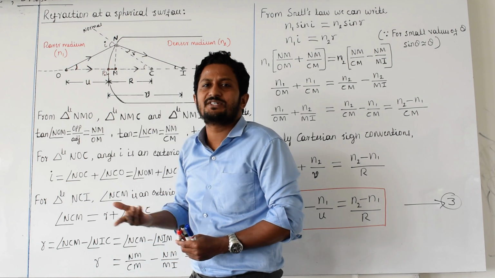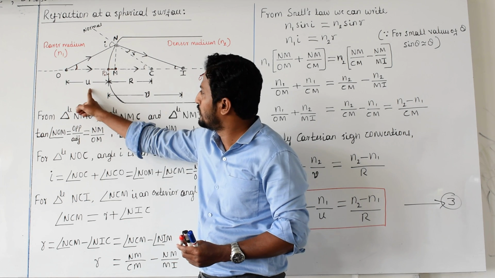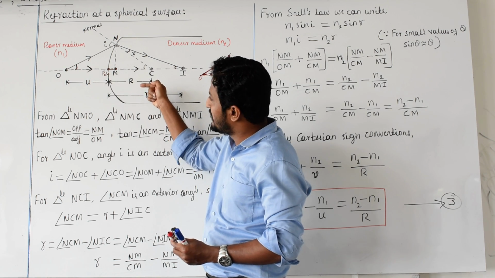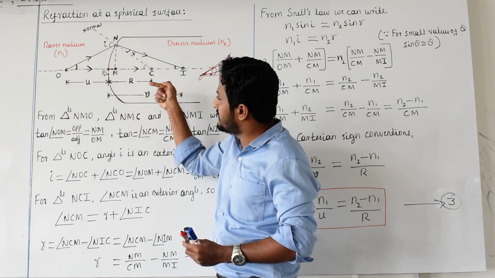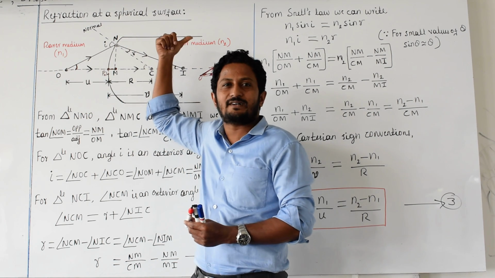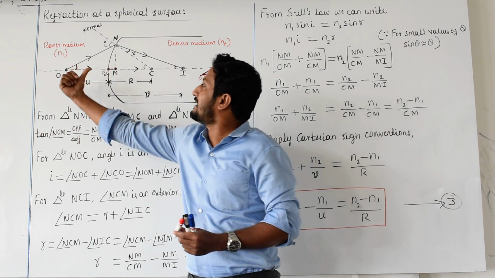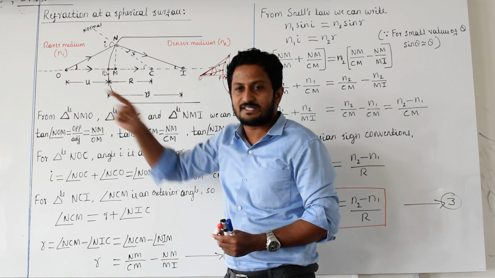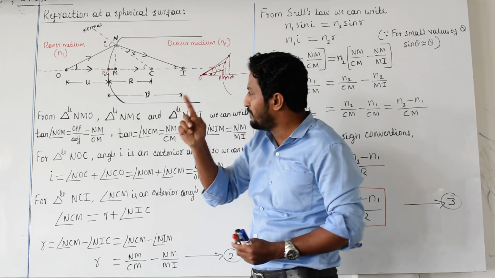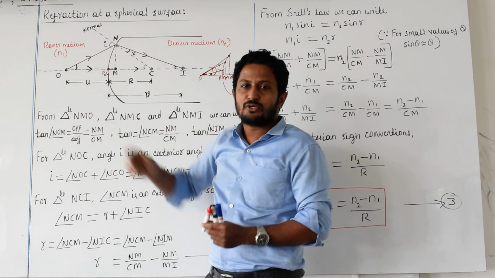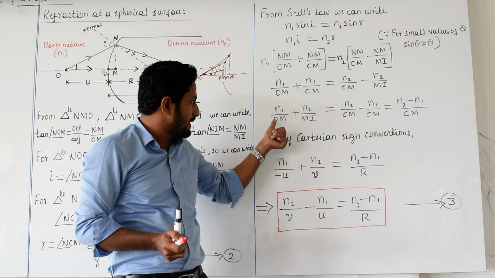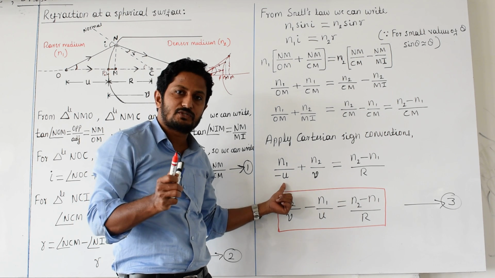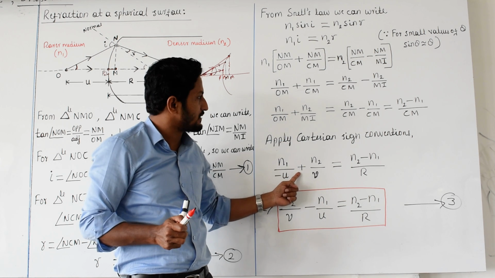Now here, from M to O, O is the object. Which distance? Object distance, u. From where do you have to measure? From the pole. I mean you have to measure from the pole in that direction. This measurement is in the opposite direction to the incident light. Light is coming like this, you measure it like this. So that object distance is minus. So in place of this OM, here you have to take minus u. Have you understood? Yes. Then plus as usual,